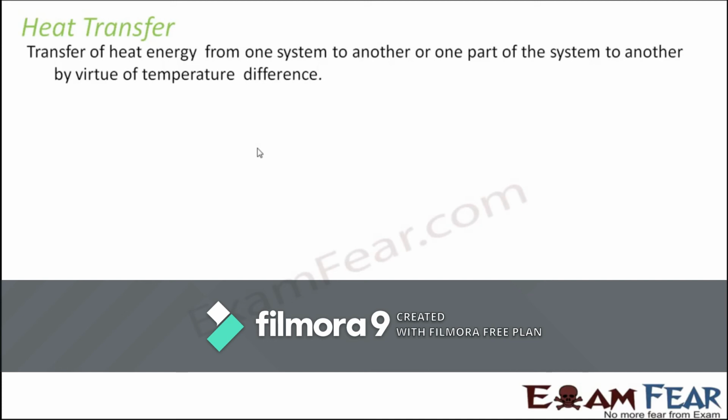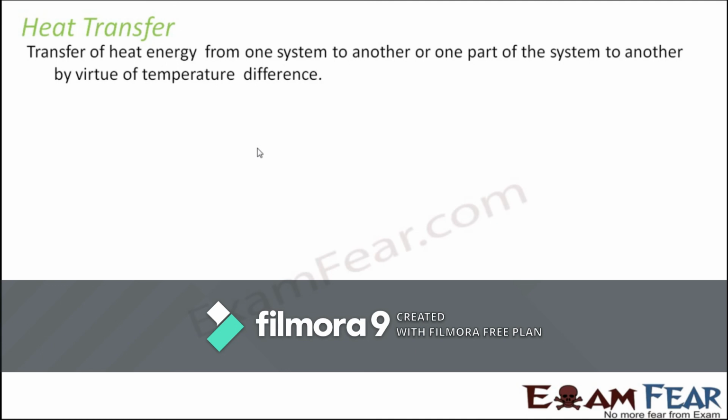Now, when I talk about heat transfer, it is not necessary that it always has to be from the stove to the vessel. It also happens that the same object experiences heat transfer from one part to another. So let us say you have a pan, and the pan handle is also made up of the same metal. When you heat the pan, initially the pan becomes very hot, but gradually the handle also starts becoming hot. So gradually the heat gets transferred from one part of the same pan to the other.